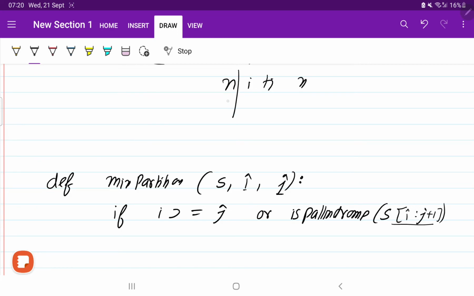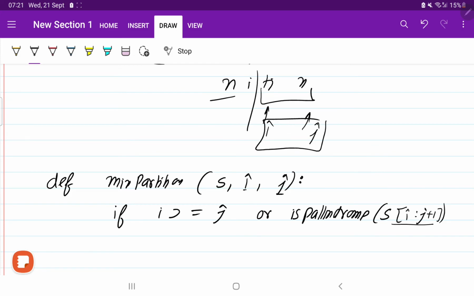Suppose we are doing the partition like this and this. If you have to check whether this string is a palindrome or not, you need to pass the values of i and j. Suppose now you have passed these three elements. Instead of checking the entire string, you need to pass the indexes i and j also. So that's why we have written it like this.